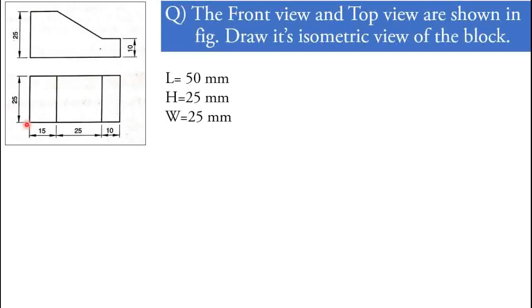Now the second step is to draw a reference line at a particular position and locate a center point on it. The meaning of the center point is that we draw two 30-degree inclination lines from the origin point, one on the right side and the second on the left side. So I have drawn here the two inclination lines, on the right side and left side, as per the isometric projection method.